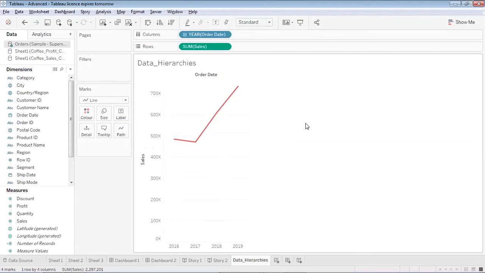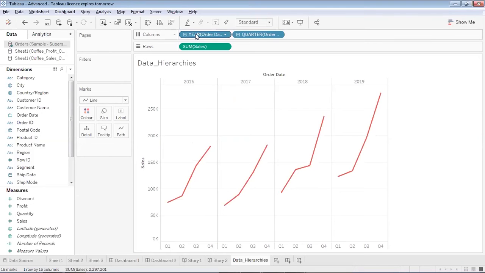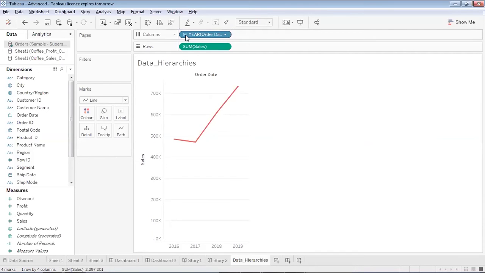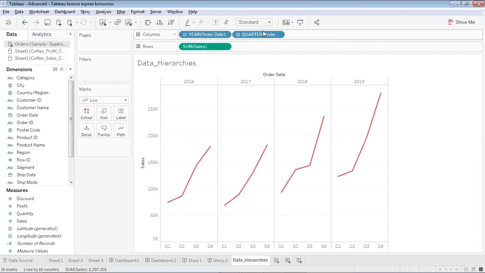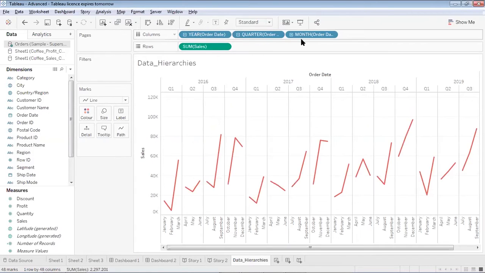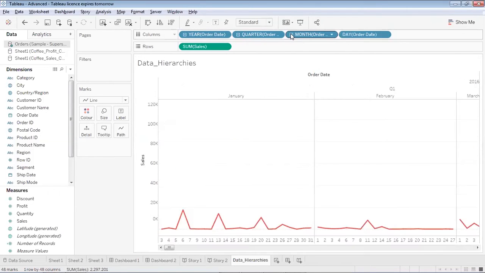So here is my Tableau workbook. I have tried to plot a relationship between the order dates and the sales. Now you will see when I click a plus over here, it drills down to the quarter level. So for the last 4 years, previously when I was seeing only the order date by year, it was showing me the year wise distribution of sales. Now when I do it quarter wise, it is showing me the quarter wise distribution. Now when I drill down it further, I can see the month wise distribution of sales in the last 4 years. When I drill down further, I see this day wise for the last 4 years.